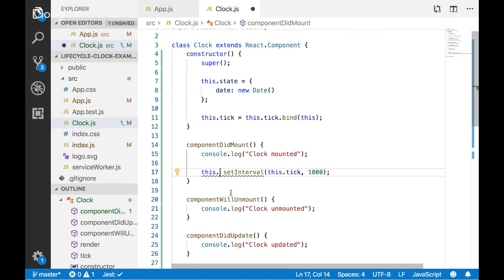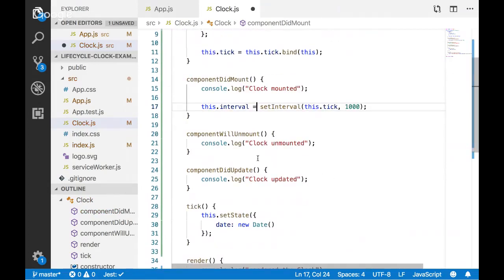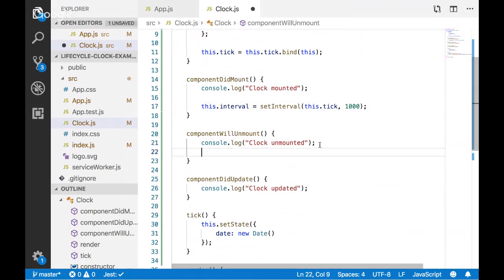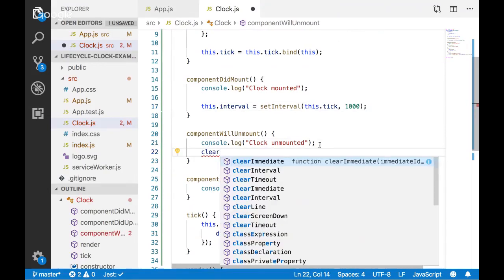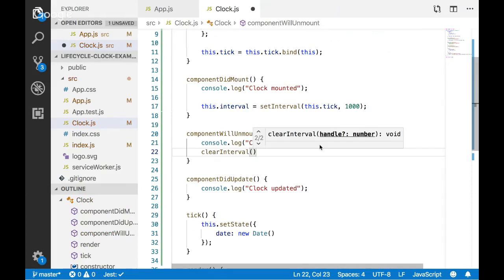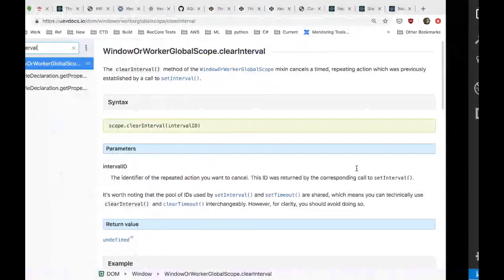So we could call this just this dot interval. And then if we have a reference to that, we can clear the interval when we unmount our component.